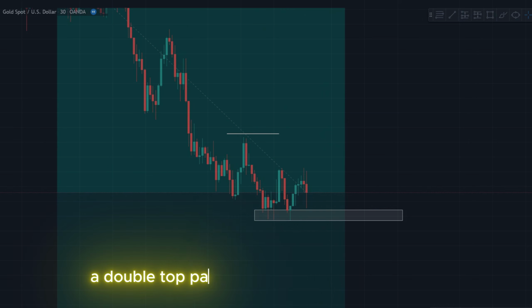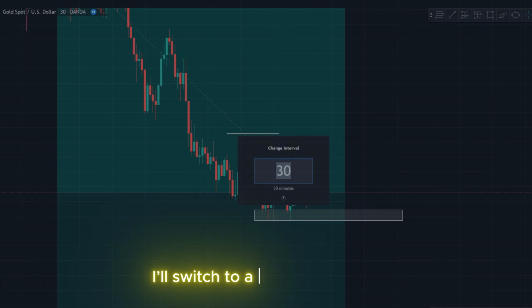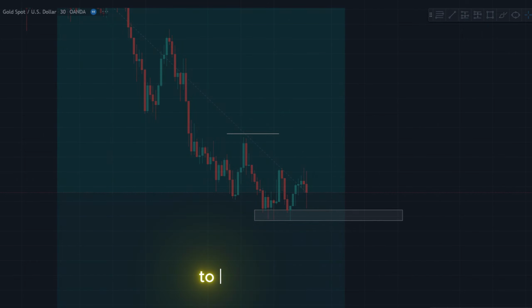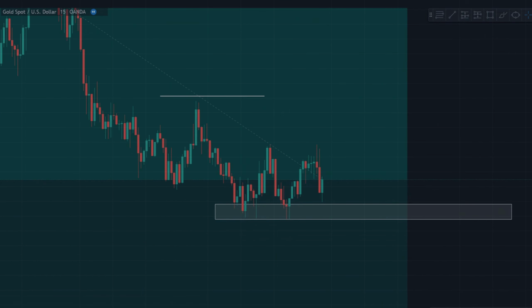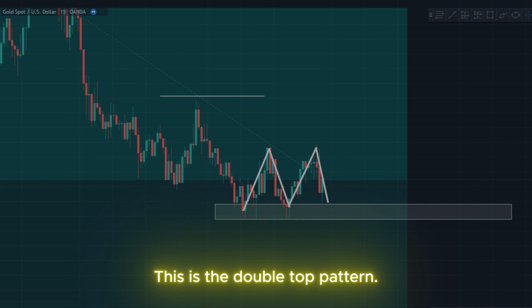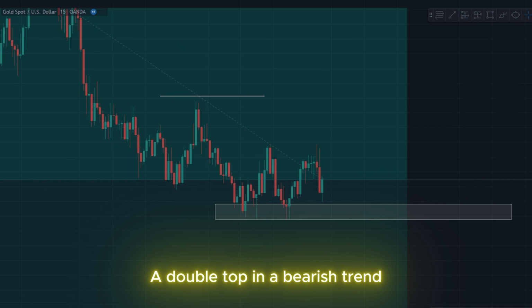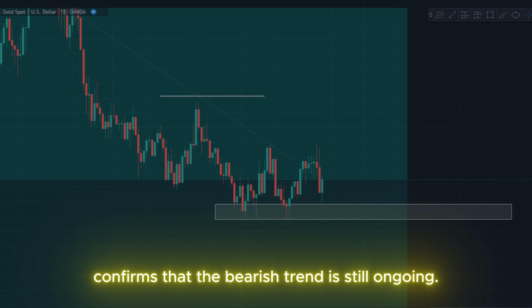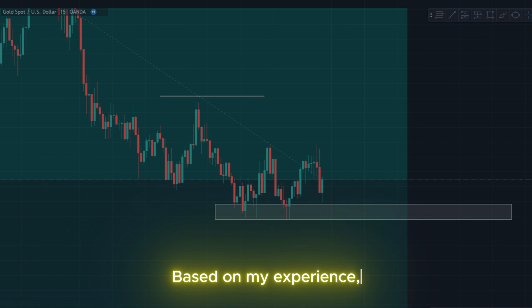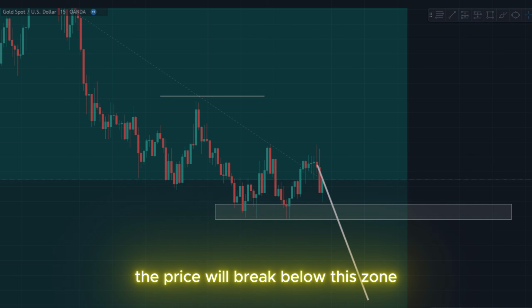Now, a double top pattern has appeared in this case. If you don't see the double top pattern, I'll switch to a lower time frame to make it clearer. This is the double top pattern. A double top in a bearish trend confirms that the bearish trend is still ongoing. Based on my experience, when a double top appears in a bearish trend, typically, the price will break below this